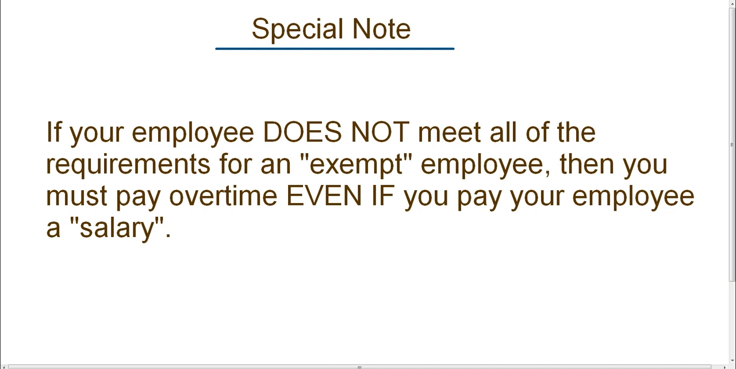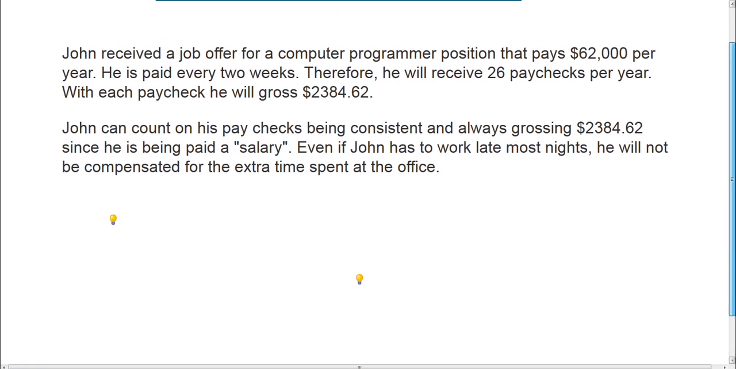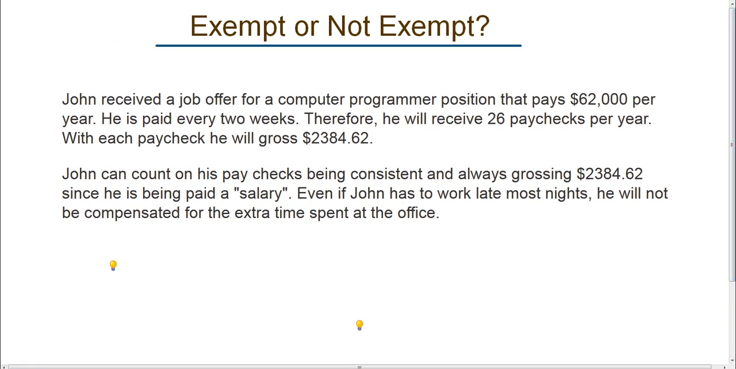So let's take a look at a scenario, and we're going to determine whether or not this employee is exempt from overtime or non-exempt. John receives a job offer for a computer programmer position, and it pays $62,000 per year. He's paid every 2 weeks, and he receives 26 paychecks per year, and each paycheck he will gross the same amount,